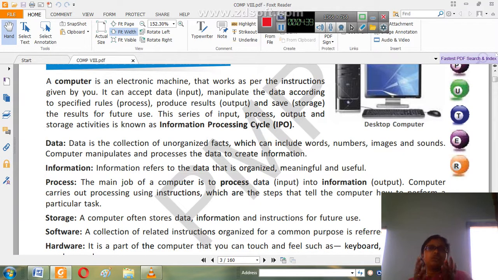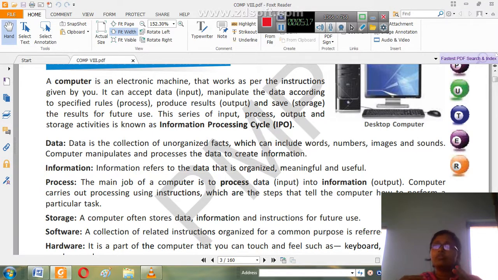So you have understood what is information: any data which is processed, which is meaningful data. Any meaningful data which is processed, that is called information. So this is the basic difference between data and information, right? Now next we have got process. Process is actually the main job of your computer, wherein the data is processed with the help of some algorithm, some instructions, maybe some step by step sequences of instructions.